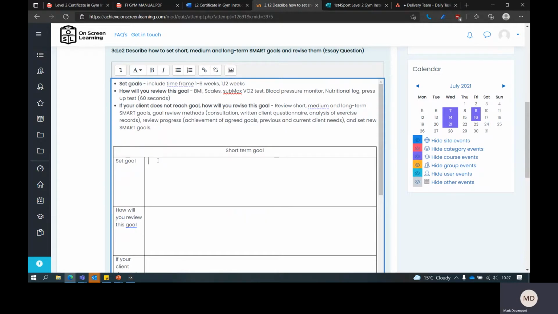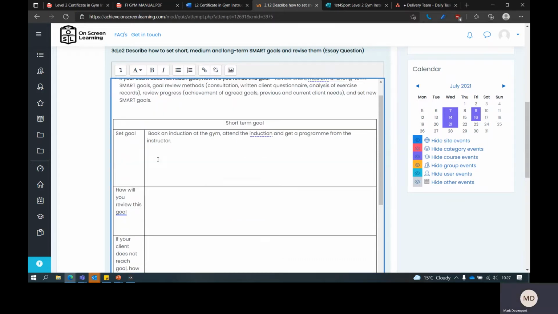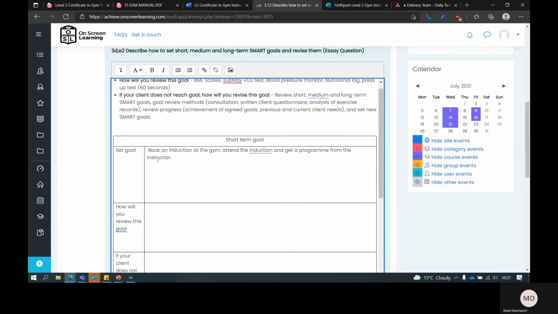What you might set as a short-term goal, and it doesn't have to be one, it can be a couple, is to book an induction and attend the induction. And then let's put a time frame on that.